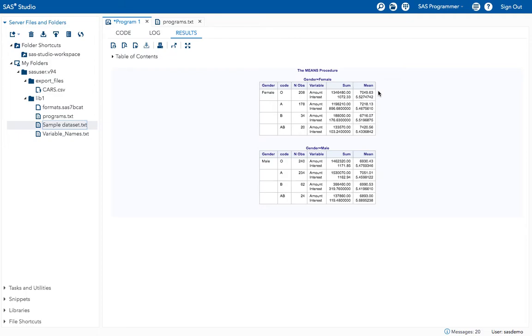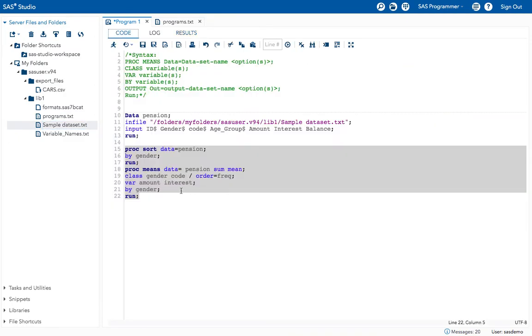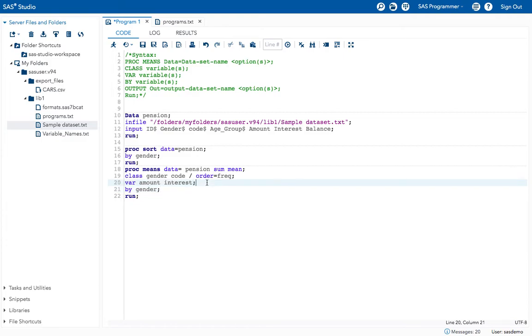For example, if you want to get the sum and mean values only for the A and B codes, how can you do that? In that case you can mention the WHERE option.